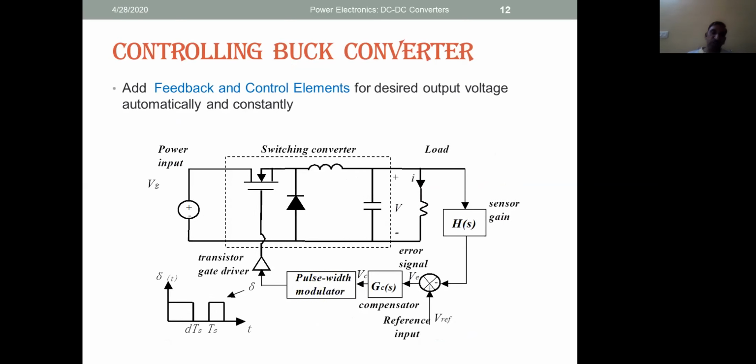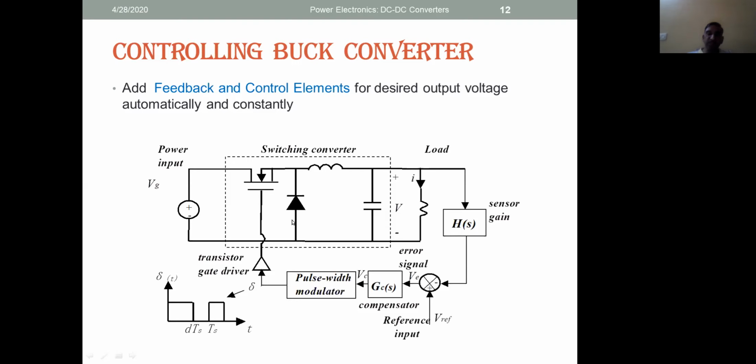So how to control the on and off time in a buck converter, in an overall sense, is to add a feedback. Now we are going through the complete circuit of a practical buck converter, which you can build directly on a board. So the source, the dotted portion, this block is actually a power circuit. A switching converter consists of a MOS, an LC filter, and a freewheeling diode.